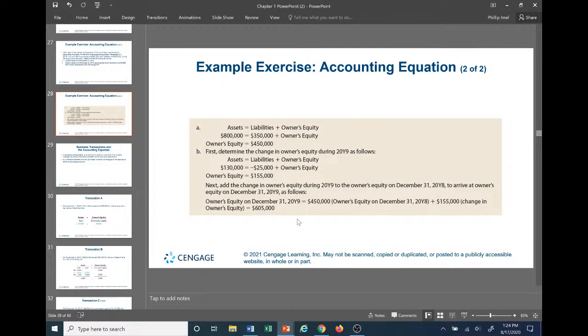I hope that makes sense to everybody here. If it doesn't, just go back, read through it, and watch this again. Just rewind and watch it until you get it. It's pretty straightforward. You really just have to think through the equation here, because assets have to equal liabilities plus owner's equity. So every change that's accounted for on one side has to be accounted for on the other. And we're going to get farther into it as we get into this lecture.